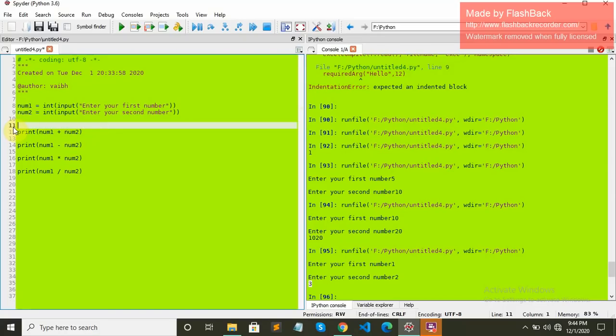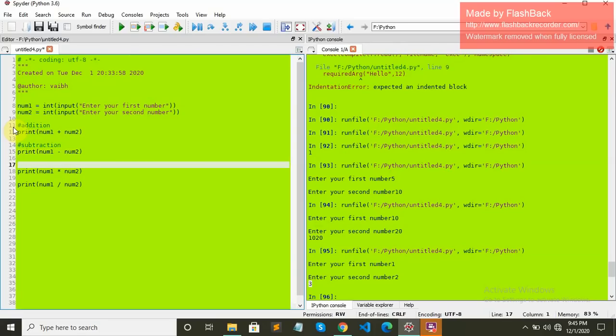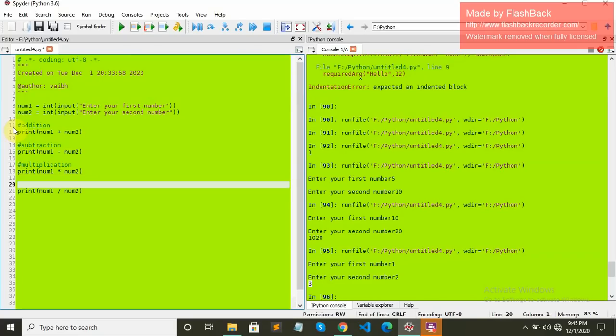This is for addition, this one is for subtraction, this one is for multiplication, and last one is for division.